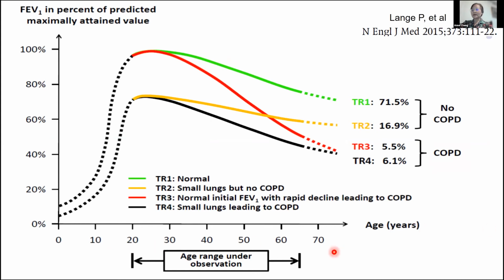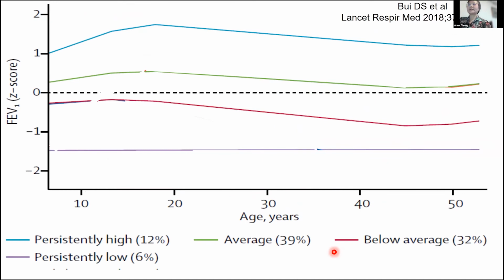So again, this is highlighted, but this is a longer x-axis for age, and you can see a similar pattern, but written by a different person in the New England Journal. What I'd like to highlight here is Shamali Damaja's group in Melbourne, who also looked at lung function trajectories. This was a prospective study of more than 1,000 adults in the Tasmanian cohort. These are the different trajectories which people have shown before in the two slides.